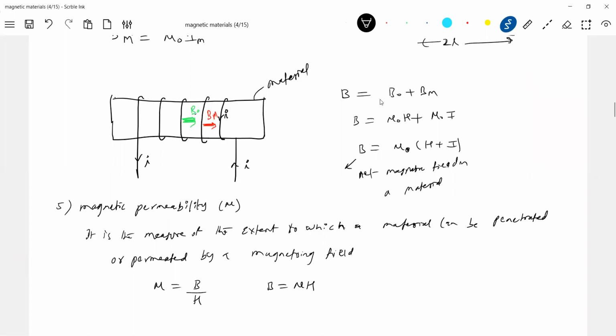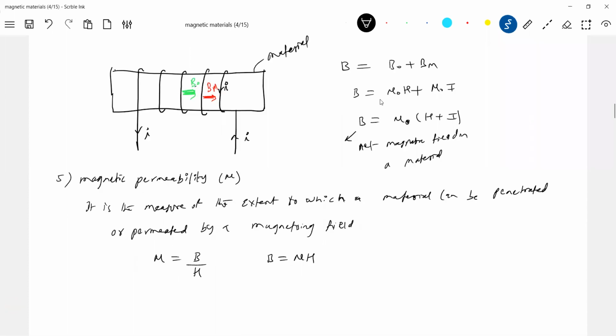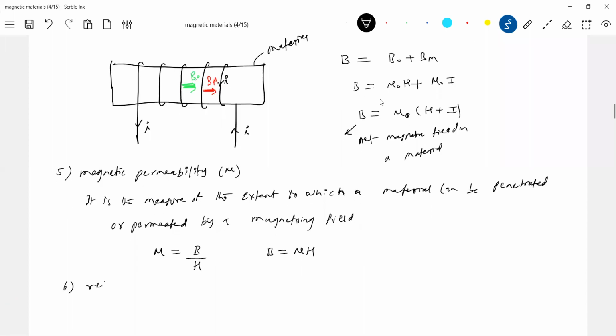Relative permeability. So where is that magnetic permeability? Can you go back to the electrostatics? Absolute permittivity of a medium, then we had absolute permittivity, then we have relative permittivity. Similarly, what happened? We get here relative permeability.